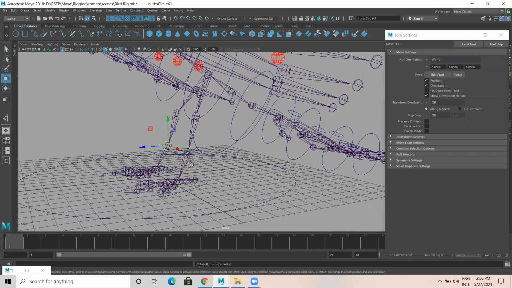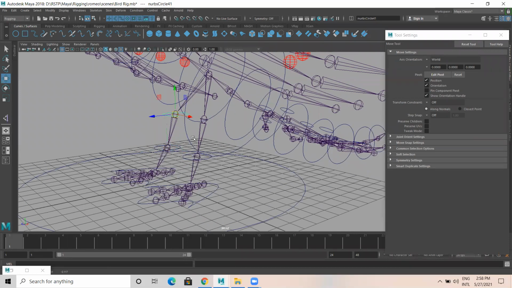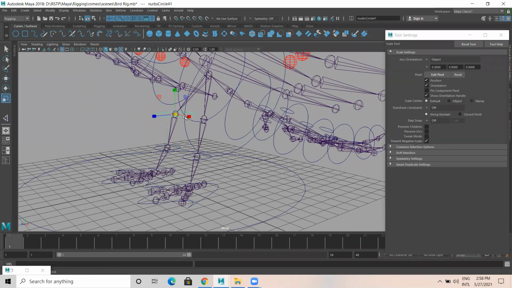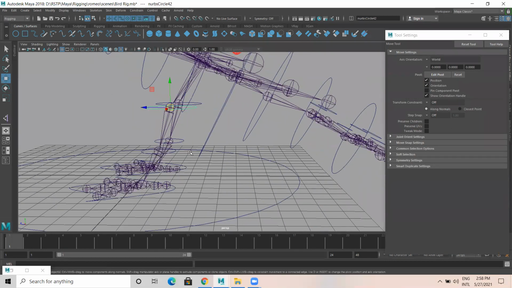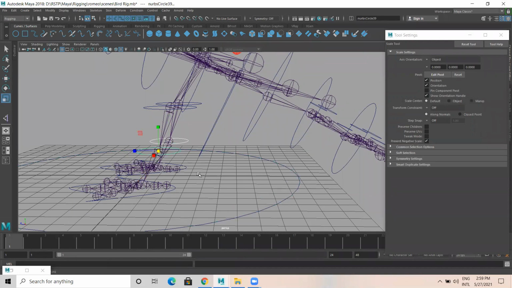I duplicate this. I duplicate this. Simple. See, I have added circles here. It's all orient only. It will work properly.